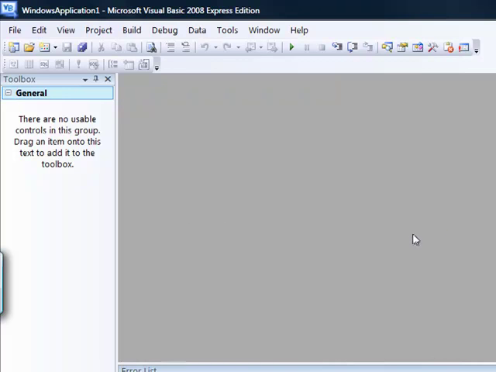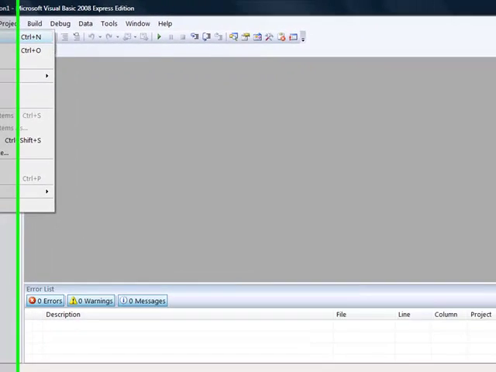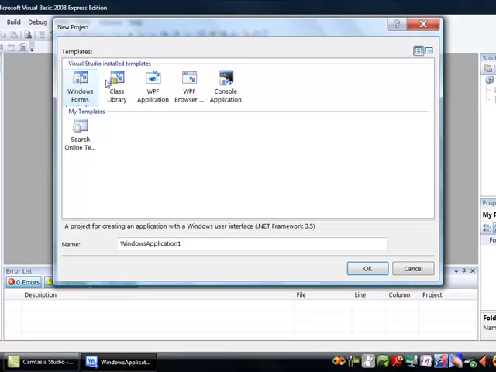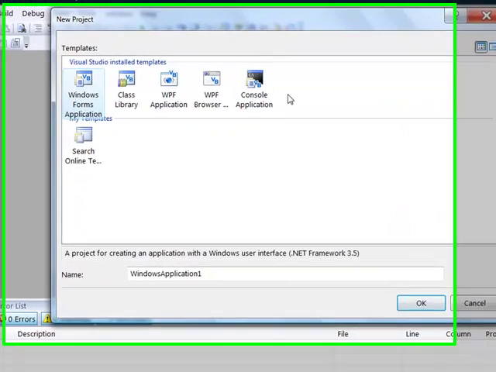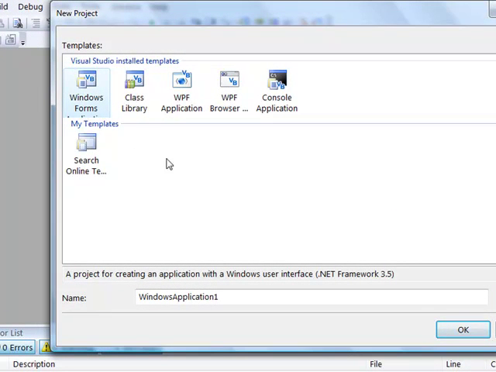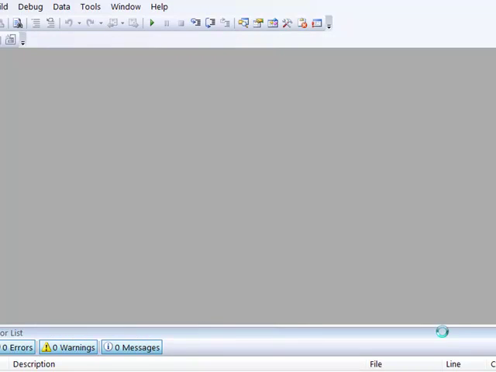Okay, first thing we're going to do is just learn how to basically set up a project. So no surprises really, click on File, New Project. And what VB will do is give you an option of creating a various number of types of projects. We're going to just stick with Windows Form Application. By default it should be selected, and you can give it a name. We'll call it my first project. Here we go. Click OK,